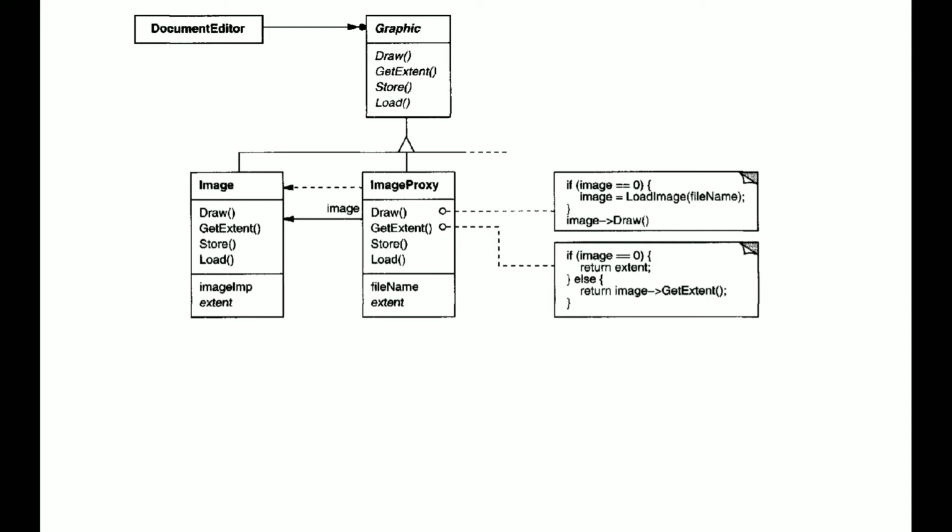Again we are going to have one more entity or object here, that is an image proxy. It is also having the information which is there in the image subclass, because it is going to represent the image as a proxy agent. So that it can handle all the operations in place of the image, so that the original image object is not affected by any.